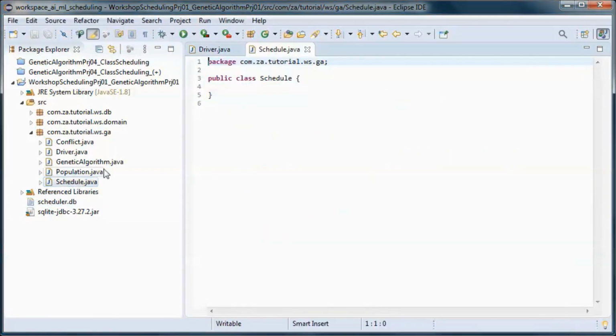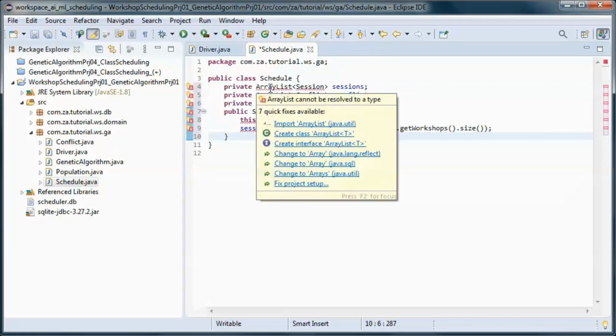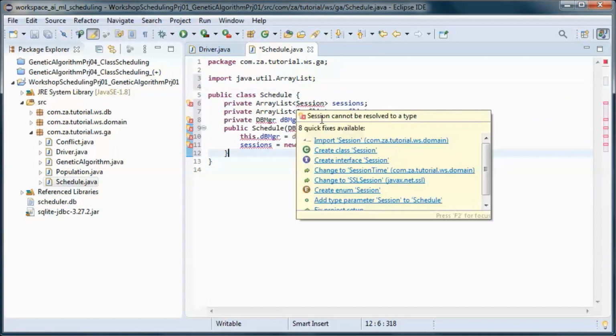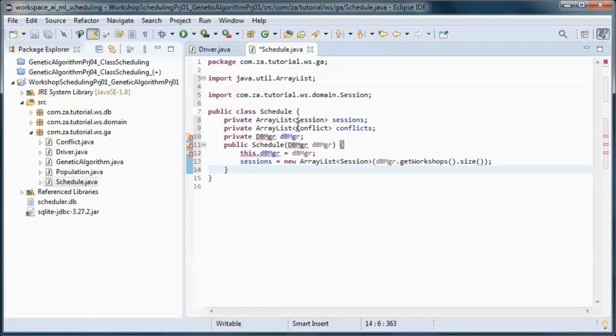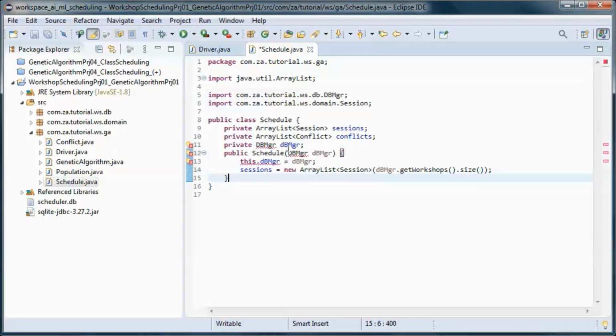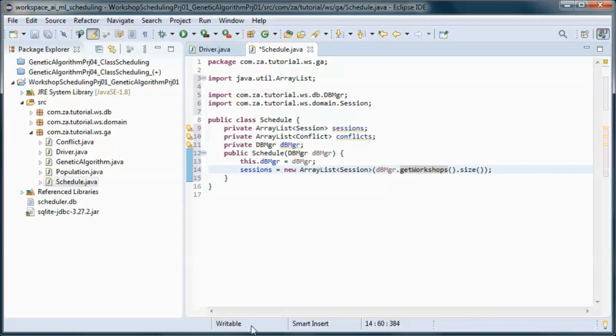And a schedule will keep track of the sessions that this schedule is made up of, and the different conflicts between those sessions, and we'll need the DB manager to pick up the data from the database, and both the DB manager and the sessions are initialized in the constructor.